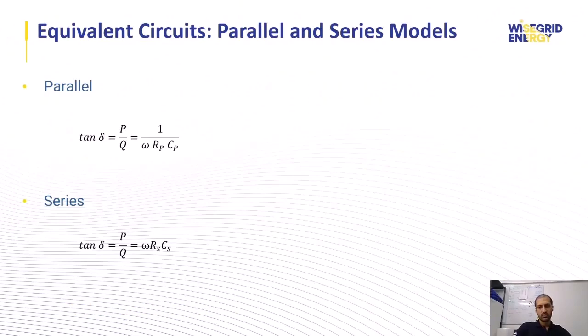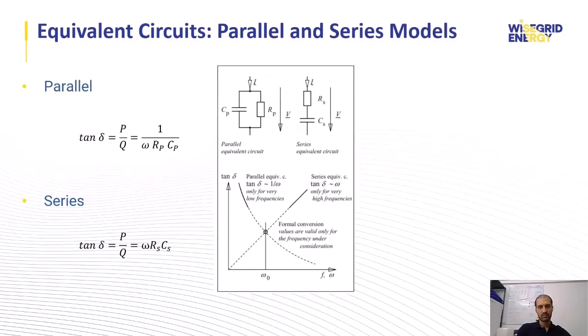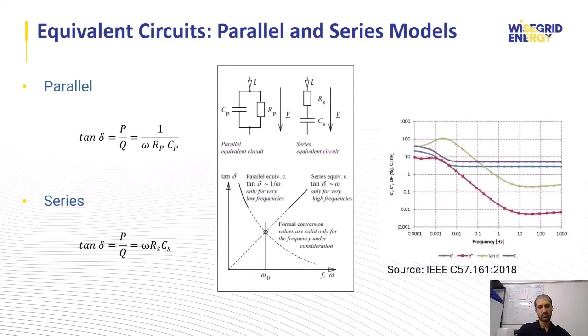For insulation modeling, we can use either a series or parallel equivalent circuit. If we consider a capacitor and resistor in parallel, the calculated tan delta is the ratio of the active power to reactive power, which equals 1 divided by omega RC. If we use a series equivalent circuit, tan delta becomes omega RC. So this raises the question about the frequency dependence of tan delta. In the parallel model,